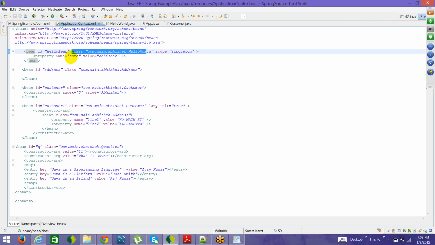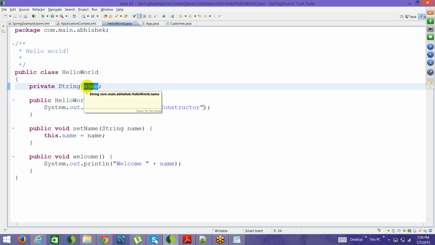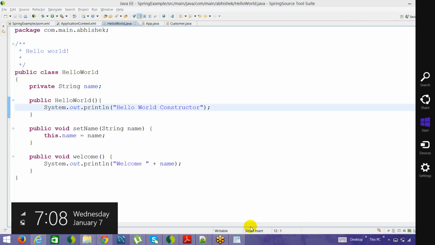And we have defined the properties also here, that the name is Abhishek. Why is the name Abhishek? Because here you have one of the attributes as name, set to Abhishek. So whatever attributes you want to set, you can set it here. So the way in which this constructor was working was,